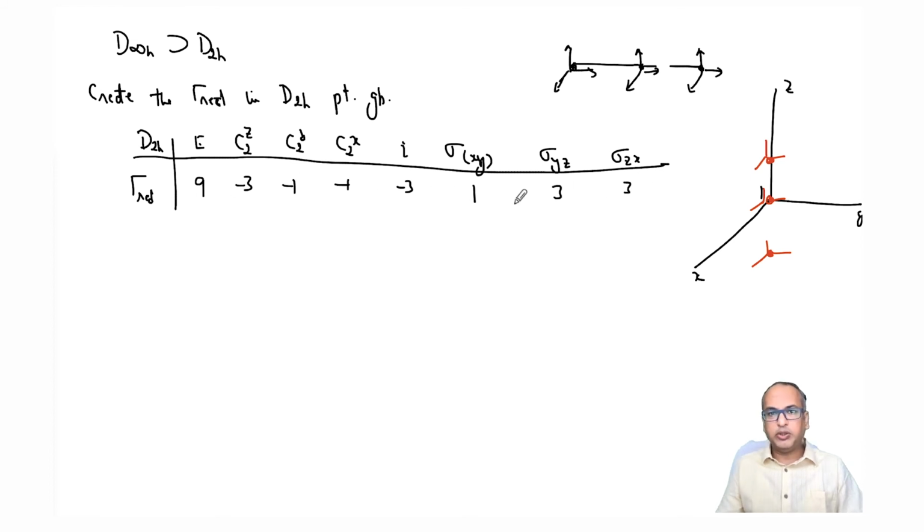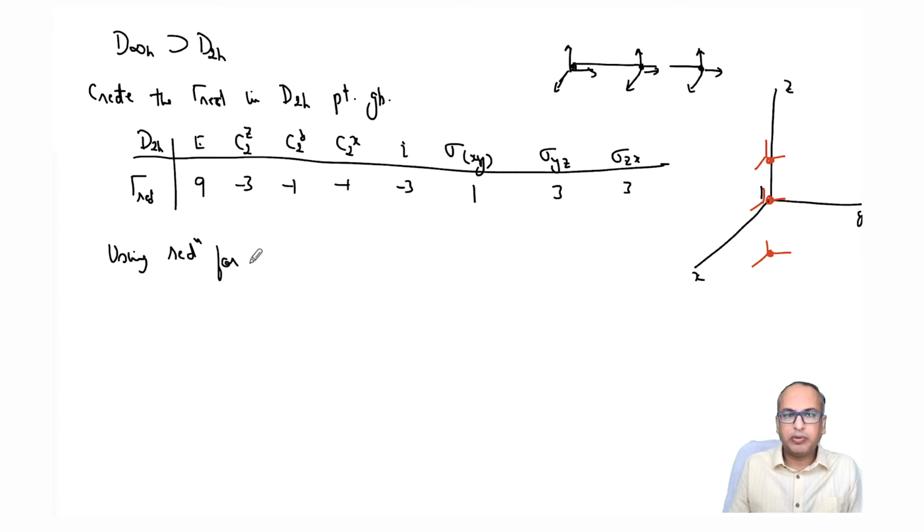Okay, so this you should be able to calculate out if you do it carefully. Now I can create this tau reducible in the lower symmetry point group D2H, and I should be able to reduce this also. So using the reduction formula, I can say my tau reducible is equal to